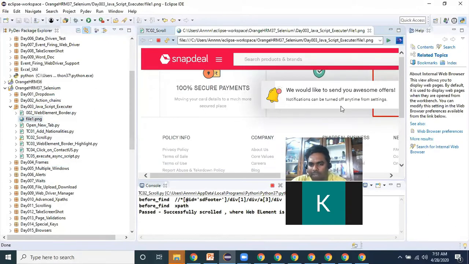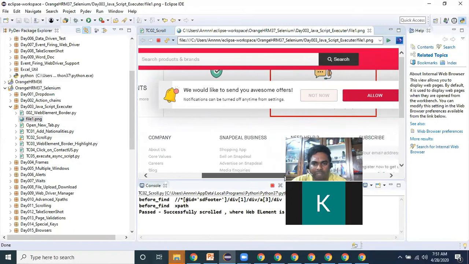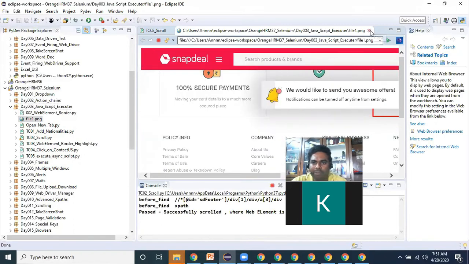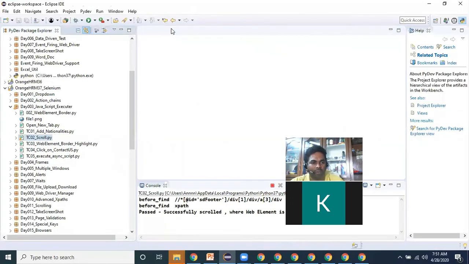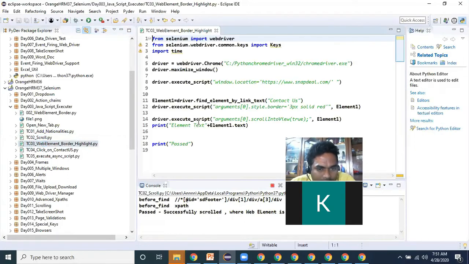See, this particular snapshot is captured after scrolling. So now we understood how to capture the snap, how to do the scrolling, and how to capture the screenshot. If you don't try scrolling, only the active screenshot will always be captured. People will use this scrolling functionality while taking screenshots most of the times.